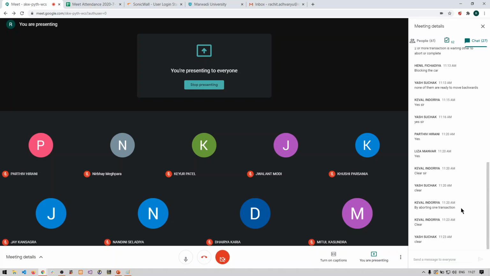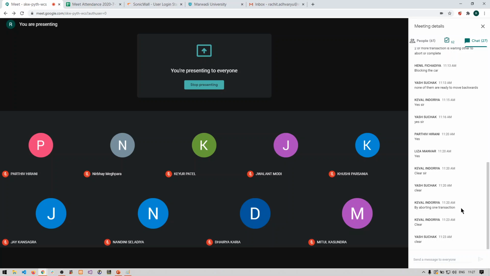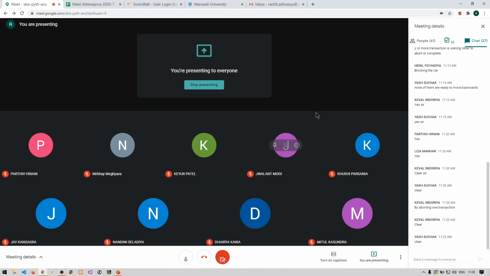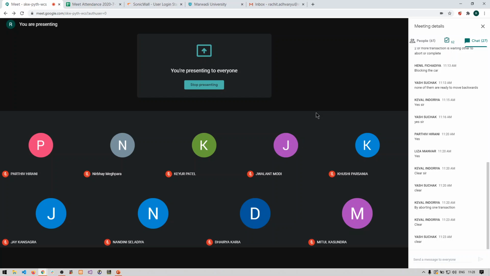But what I am requesting everyone is to complete all the revision part of the PPT, from the PPT till concurrency control, till deadlock. Just go through it once, so that if you have any doubts we can clear them tomorrow, right? Because deadlock is mainly dependent on concurrency control and transaction management. If you have any doubts in these parts, we can clear them tomorrow before starting our lecture. We will see deadlock tomorrow completely.